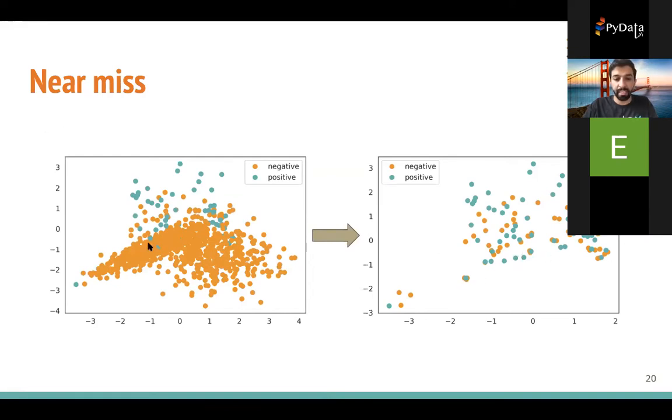We see that it removed all of the inner points and only kept the points that are on the boundary. This can be useful, but it can hurt depending on the kind of points that are on the boundary. If they're noise, this will hurt. If the inner points are actually important and the boundary is not noisy, this can hurt.